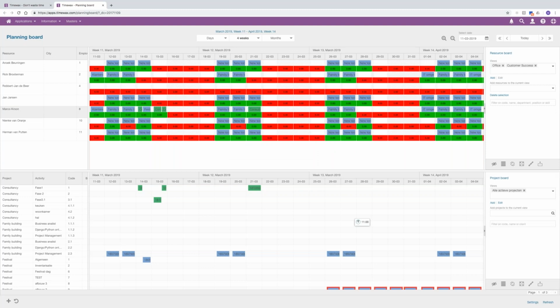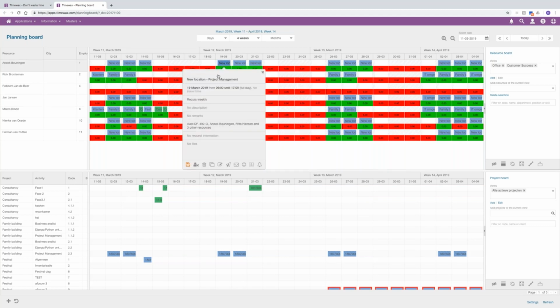What about deleting bookings or editing a combined repeating series or whatever is possible with a single resource booking. And of course, when you are selecting a booking, you will have this pop-up where you can change whatever you like. You can see which colleague has added the booking, when this booking was edited for the last time, of course, start